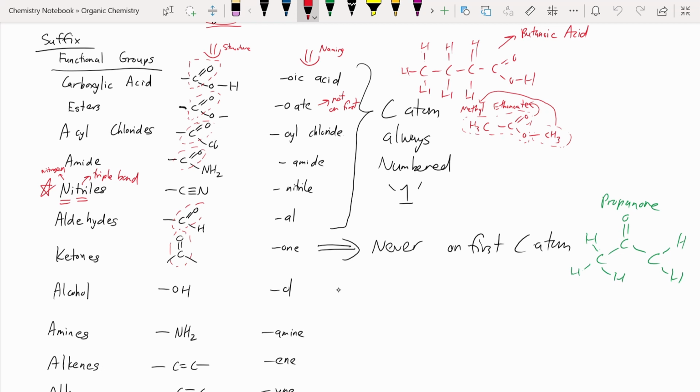So there will be this C double bond O, and then there will be an additional bond which carbon is bonded to. For example, carboxylic acid, OH is the extra bond that carbon is bonded to. Ester will be O. Alkyl chloride will be obvious, the chloride there, so the one extra bond is chloride. Amide is NH2. Nitrile, okay, wait, other than the nitrile first, then aldehydes, there will be this hydrogen bonded to